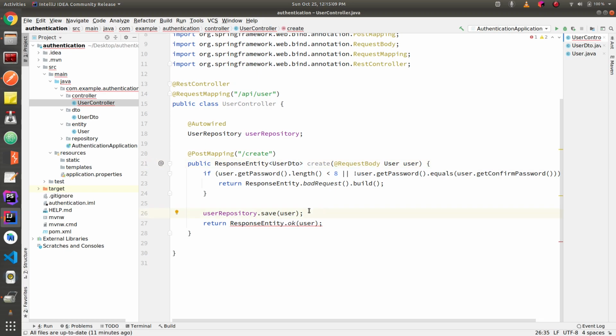But before using this DTO, we need to copy the properties of user. So we'll use the BeanUtils.copyProperties method.